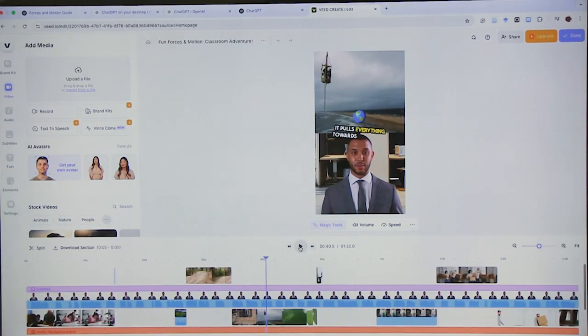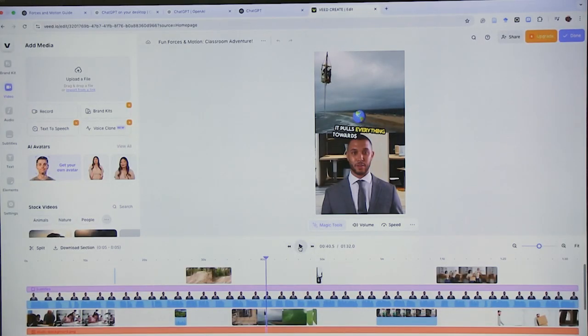I think that Vid was created especially for these voiceover kind of videos. It looks very TikTok oriented, right? It looks like it's on a phone with the text going like that and all of these things, which is fine. There's nothing wrong with it, but you have to know that that's what you're going to get. And if you want something else, you've got to prompt it in a different way and see where you can get it to. So this is the workspace, but when you render it and download it, it will be on a full screen. It will not be just so small like this.